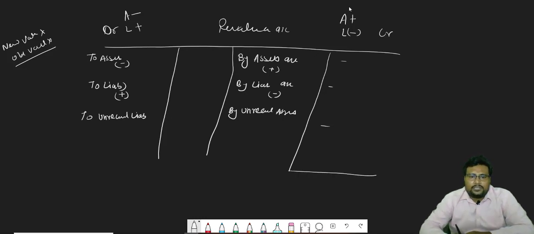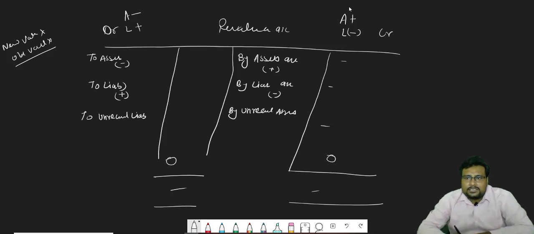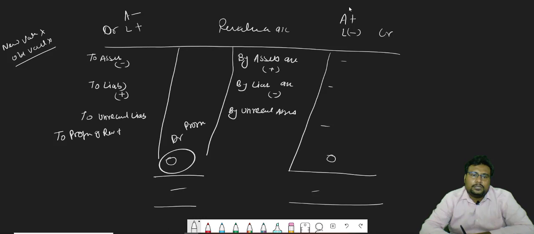We will find out the difference, and whatever balance comes, the balance can come on this side or on that side. If the balance is coming on this side, the debit side, then it will be considered as profit and distributed. The profit on revaluation is transferred to the partners' capital accounts, and revaluation profit will generally be divided between the old partners in the old ratio.